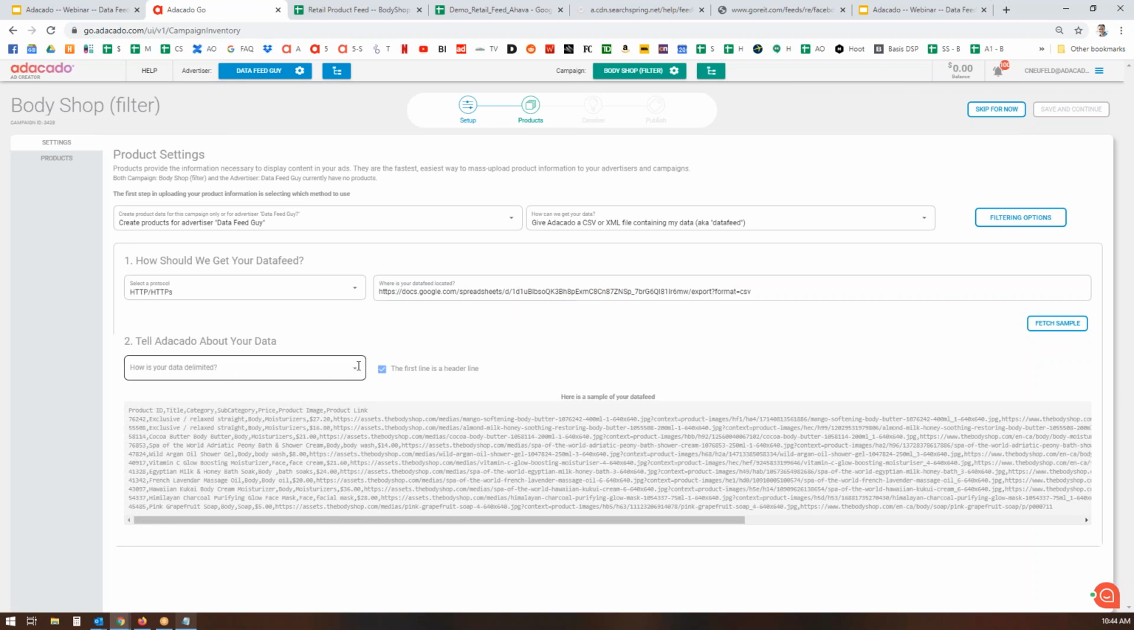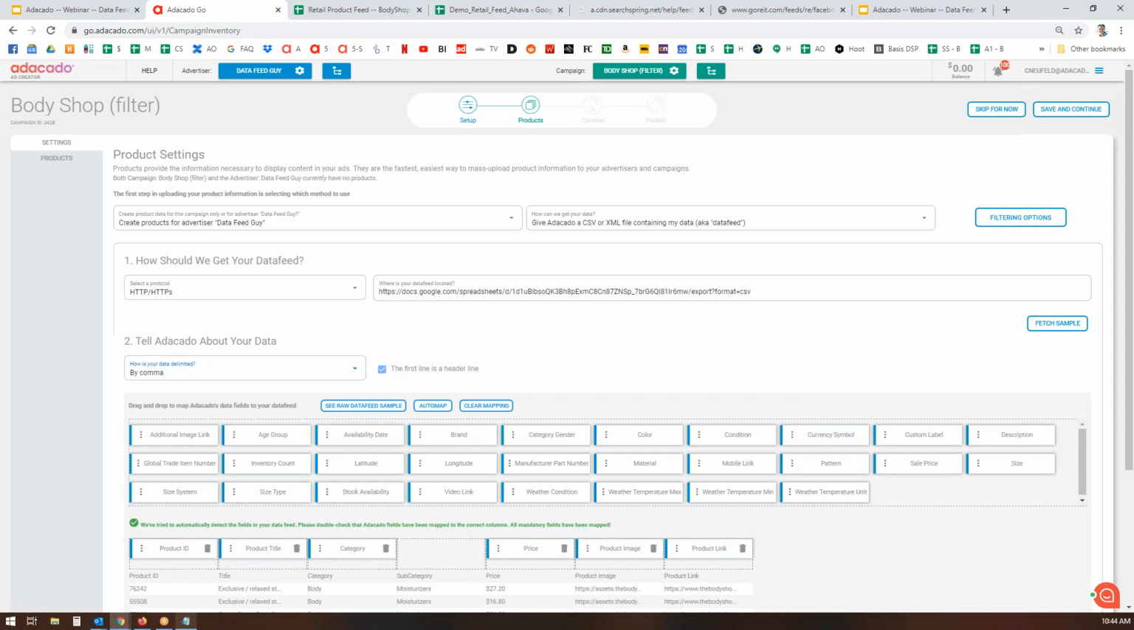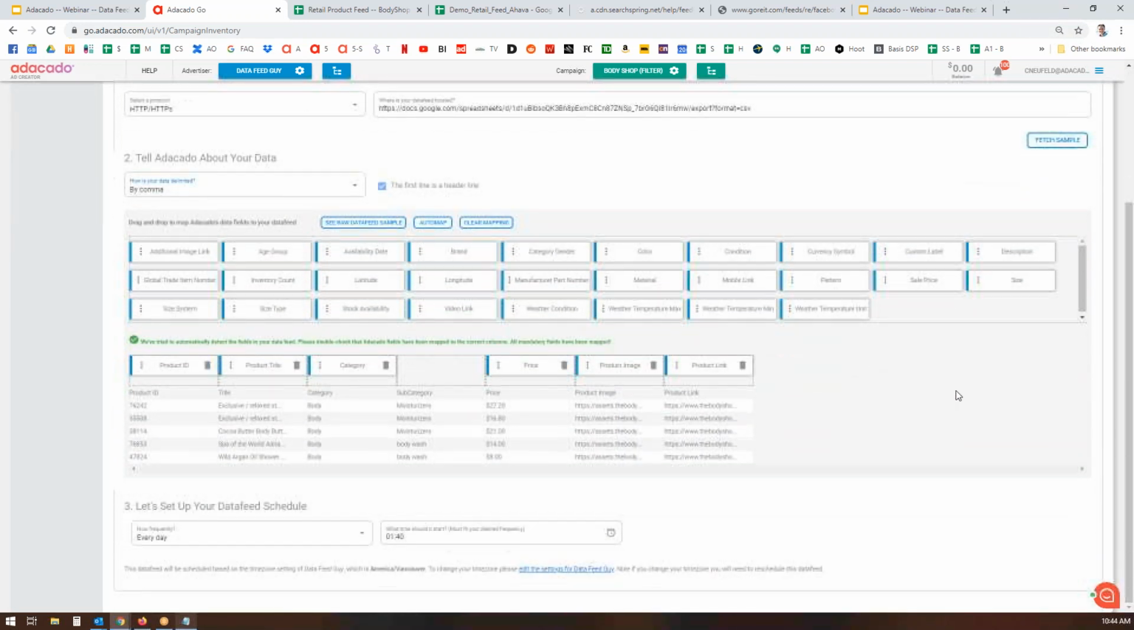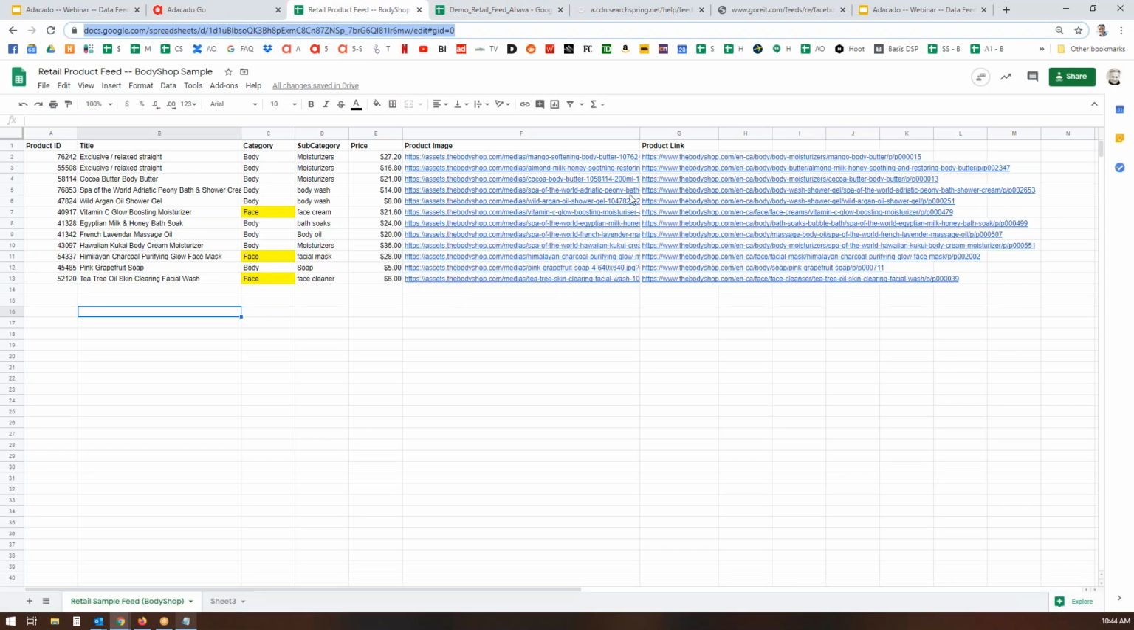How is your data delimited? Almost 9 times out of 10, it's going to be comma separated, or CSV, comma separated values. So select that one first, and it's almost always going to be the choice you're looking for. You'll see a pop-up below with all of these little boxes and a representation of the data feed. So you can see down here, this looks exactly like the way the feed looks on